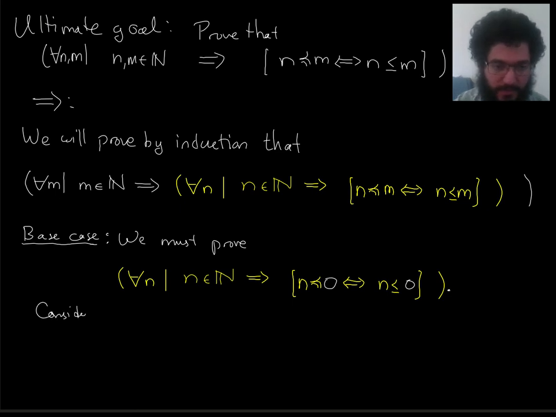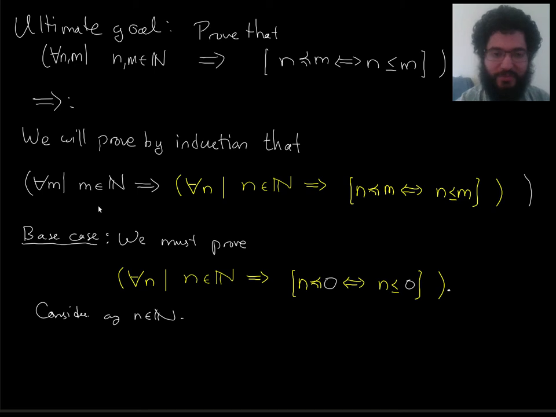So to start proving the base case, I should consider any natural number n. See, this doesn't usually happen when you're writing an induction proof, right? You don't have to prove a universal in your base case, but it's happening here. So consider any natural number n. Then